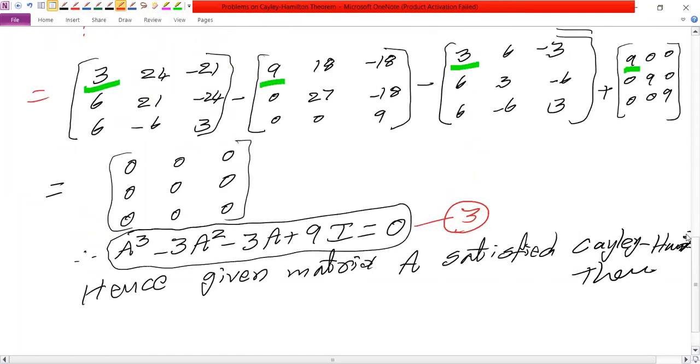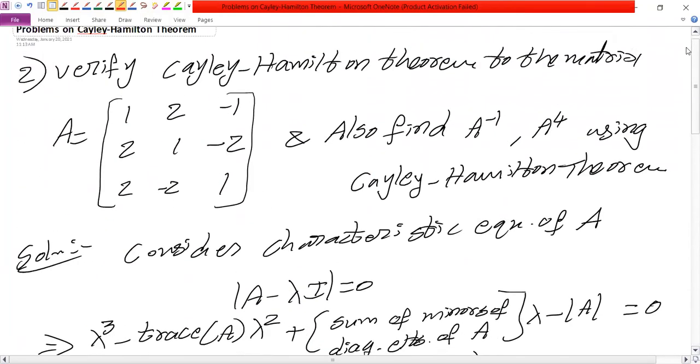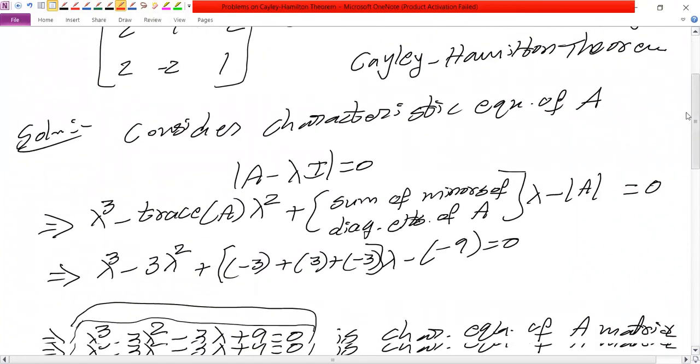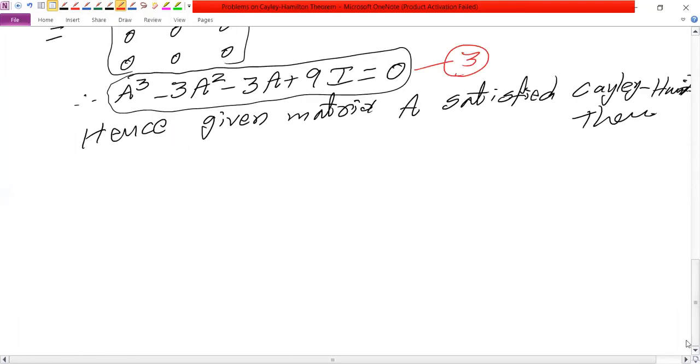Now, what we need to find in the problem, what did they ask? Find A inverse and also A power 4. So now, which one do you want to find, A power 4 or A inverse? Using this Cayley-Hamilton theorem, if one is given, then the second one you can easily understand. So, for finding A inverse,